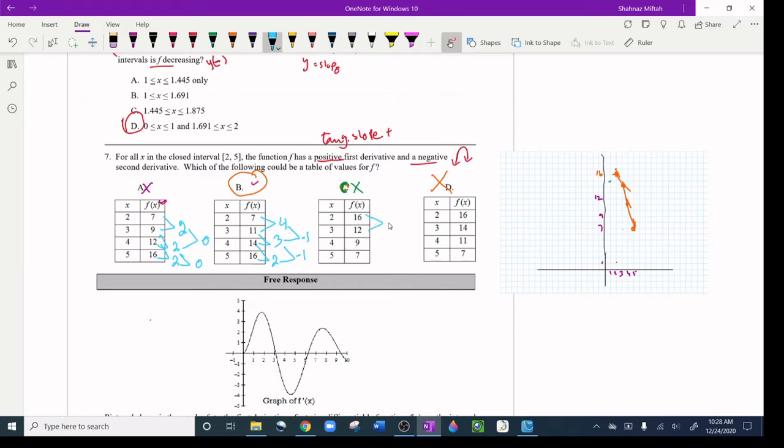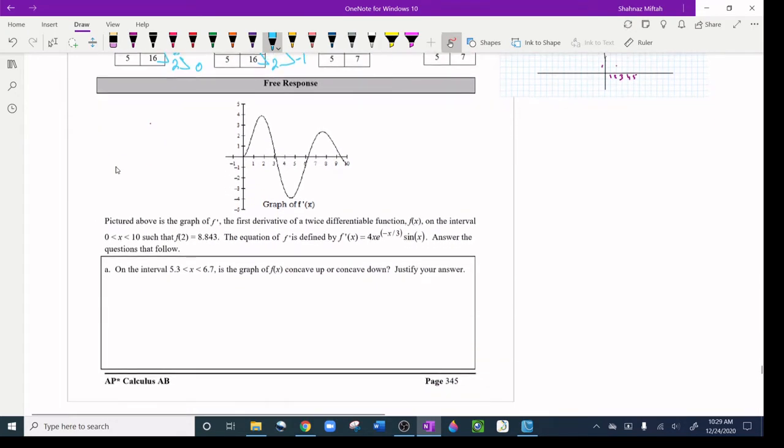Now let's try these. 12 subtract 16 is negative 4. And you know the first derivative is supposed to be positive, not negative. So this one is canceled right away. We do the same thing here. 14 subtract 16 is going to give me negative 2. So no, the first derivative is supposed to be positive. So that's another way to do it. Okay. Now,